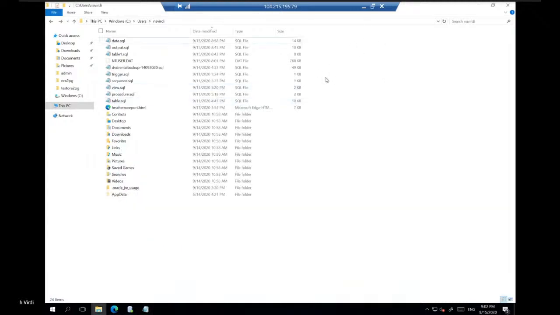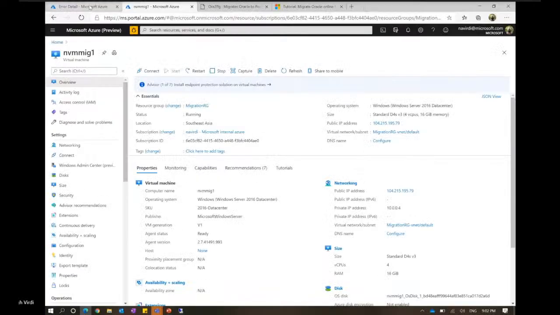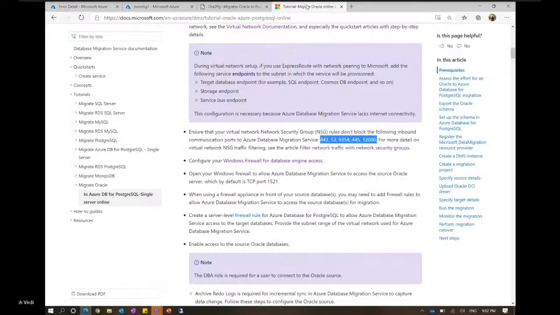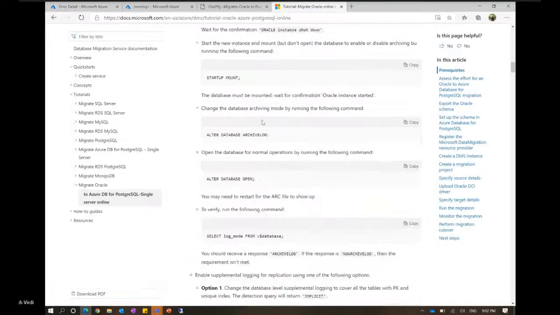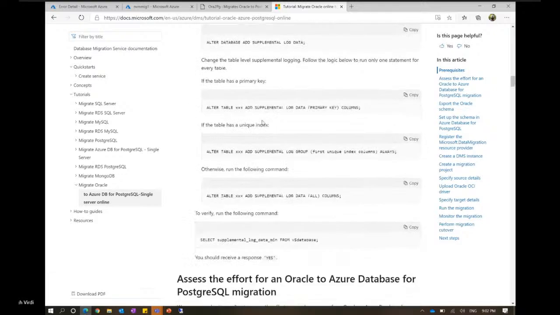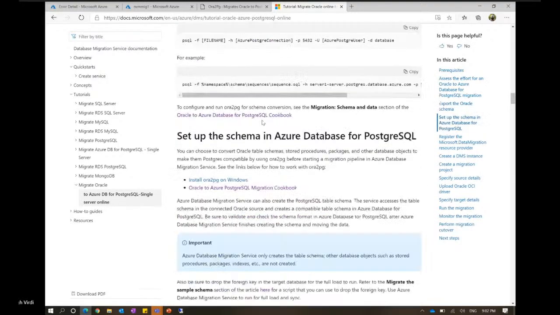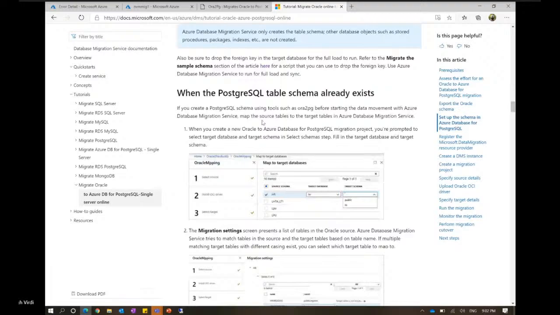So all these are some of the remediation steps that you will take forward to make sure that connectivity is not an issue. But I think there is some problem that I've been facing for a couple of days. I've already sent feedback for this. You see, the error is not very prominent. It will not tell you what the issue is. But believe me, it should work for you. I think there is some problem which I have overlooked, due to which I am not able to connect. But it has all the steps. All the steps are listed here.